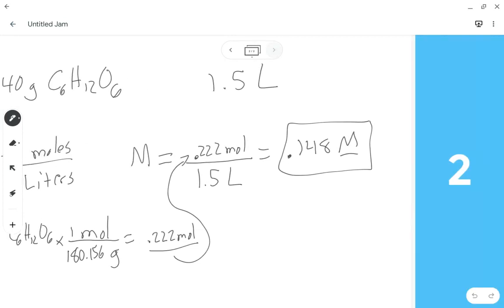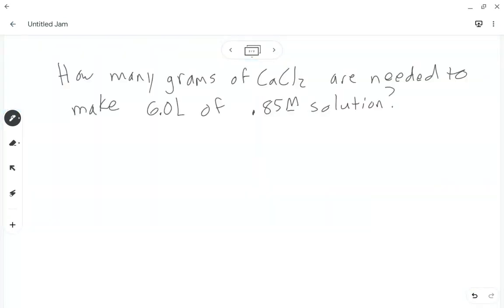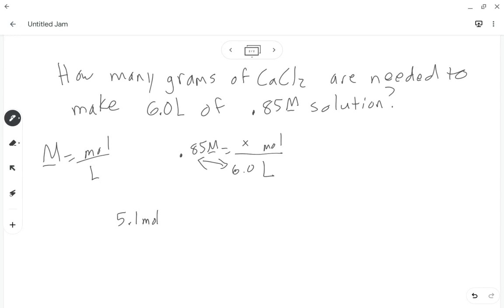I'm going to show you one more molarity problem. So this problem asks how many grams of calcium chloride are needed to make 6 liters of a 0.85 molar solution. And we know that molarity equals moles over liters. So we have our molarity is 0.85 equals moles, we don't know, and liters is 6. So we're solving for x. So to do that, we're going to multiply our 0.85 times our 6, and we have 5.1 moles of calcium chloride,